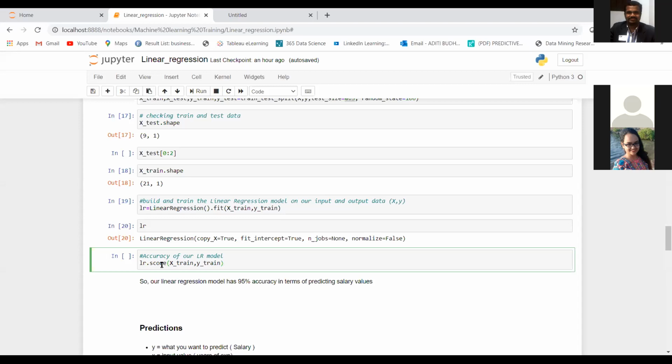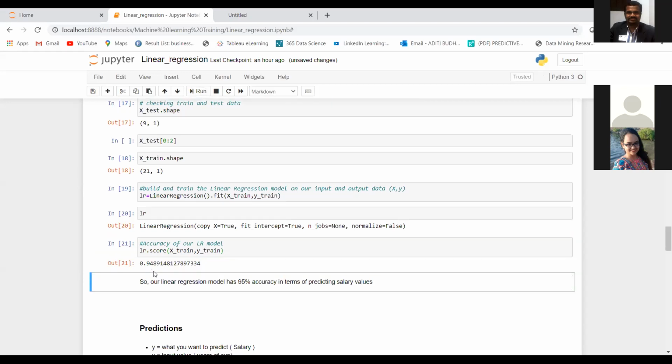We had the salary column in our data set, so those are our actual values. But once our model is generated, we will also predict the salary values, and then this score function will compare your predicted values with the actual values and give you this score, that is the accuracy.